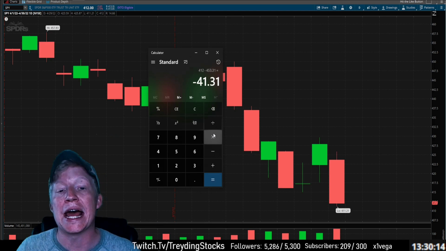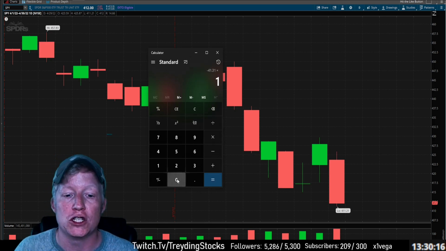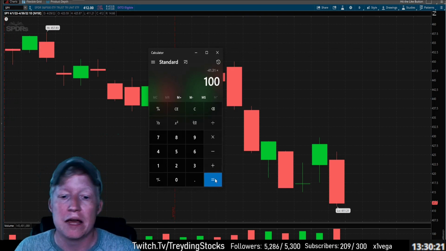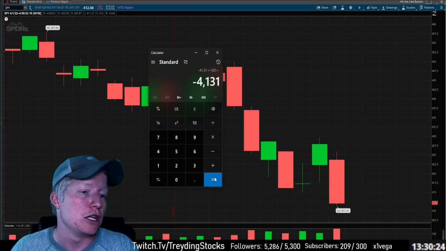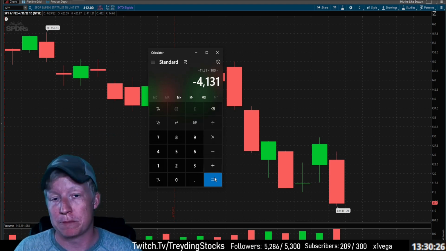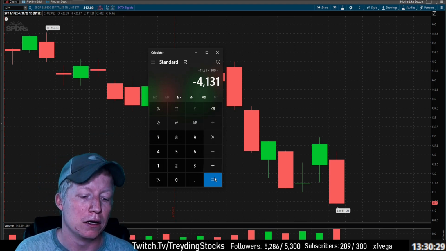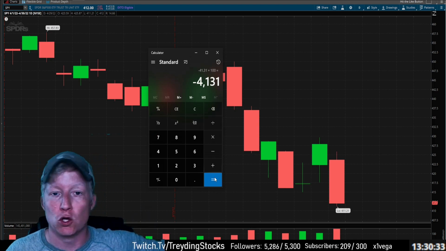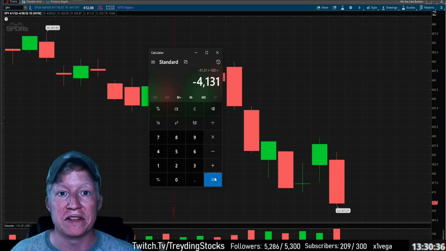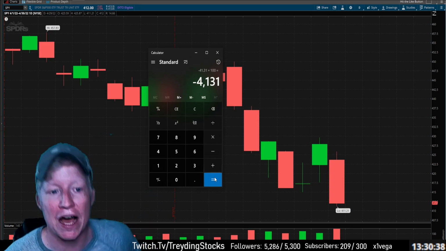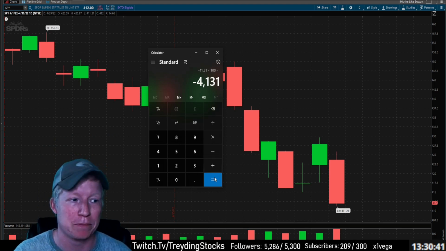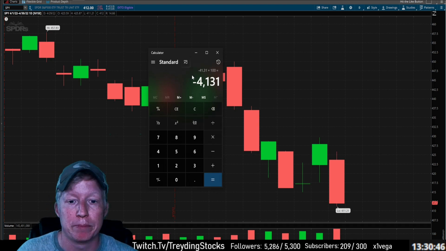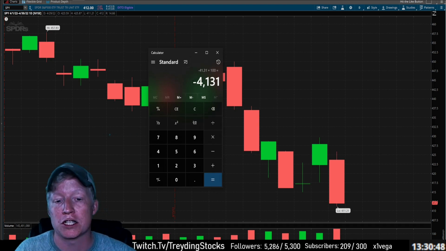So let's go ahead and compare. What if I would have just bought 100 shares of the S&P on the first day of April and held it? Because realistically, if you're day trading, you want to be outperforming the markets, or especially if you only trade one ticker, you really want to be outperforming that ticker, or else what's the damn point? If you could have just bought it and held it, what was the damn point of taking all the day trades that you took, right? That's kind of how you really prove profitability. You have to be able to beat the buy and hold strategy, or else you could have just bought and held, right? But obviously this month I would have lost over $4,100,